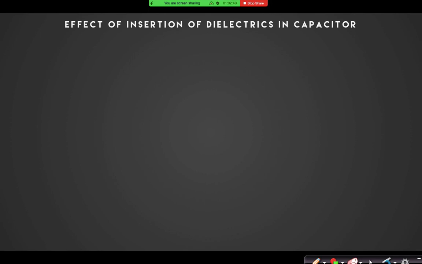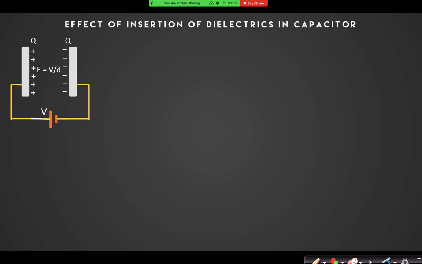And the second important thing is that it will also give the capacitor a mechanical strength. As you remember that if there is a positive plate and negative plate, then they will attract each other, right? So in between them, if you place dielectric or non-conductor or insulator material, then it will also provide a mechanical strength to that system. So that is the use of dielectric. But basically we will talk about how the capacitor has changed its value after the insertion of dielectric.